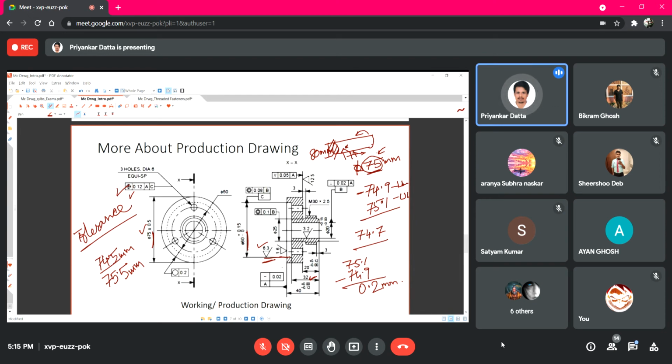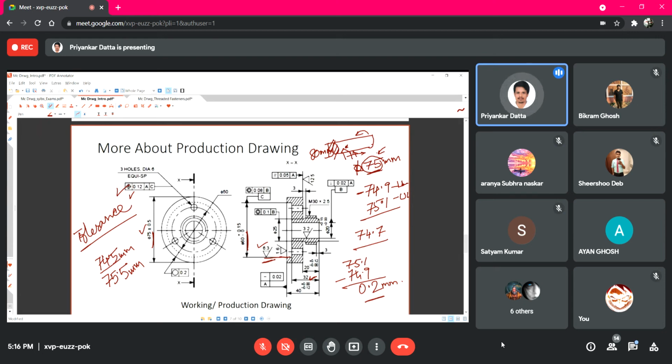Now you may think that if this much error is included, how will this part fit with some other part if that also does not have exactly 75 millimeter diameter. For that also some limits will be allowed in the same manner, based on the design and how much error can be incorporated. Depending on that, both the mating components will be designed and the tolerance will be given to them, so that when they are connected with each other, they become compatible and can be easily connected, right?